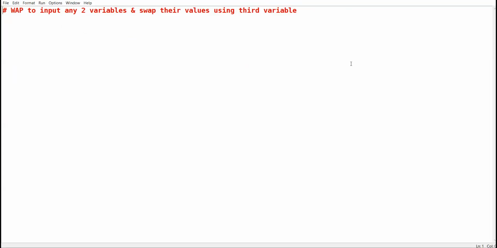We are to input two variables like x and y. X is 10, y is 20. Now I have to create a program in such a way that their values get interchanged. X should become 20, y should become 10.